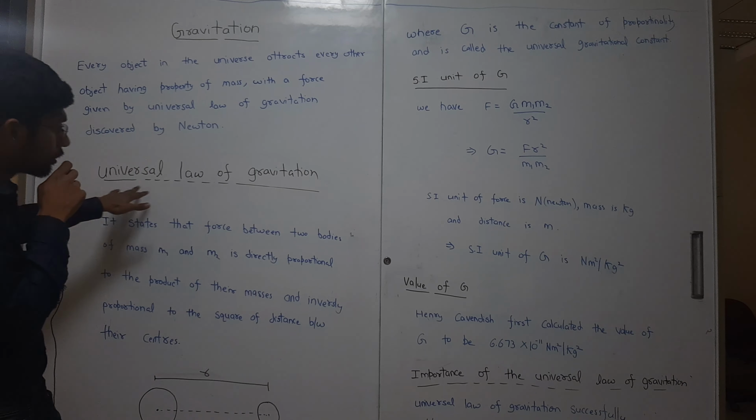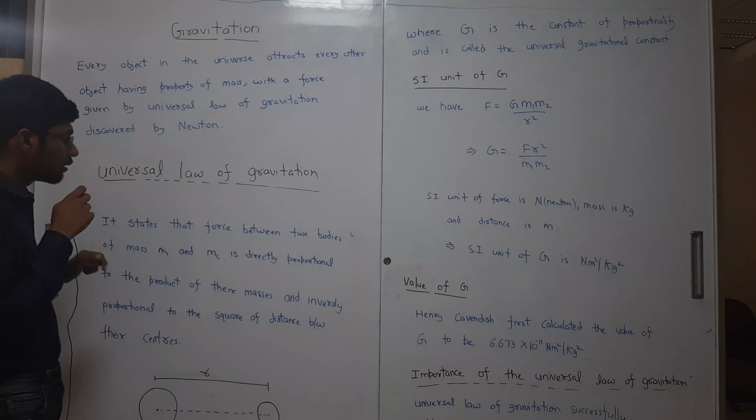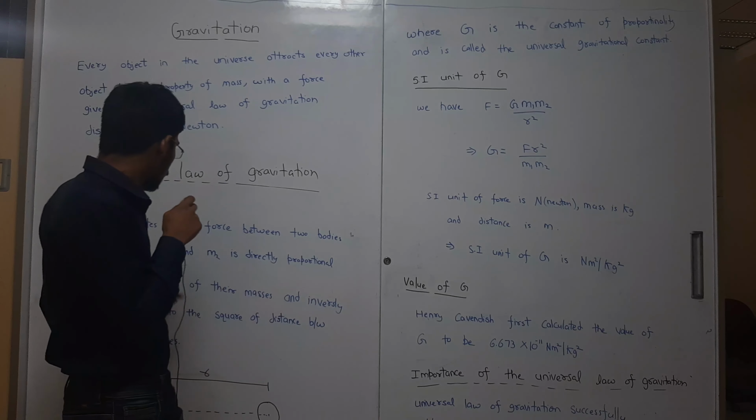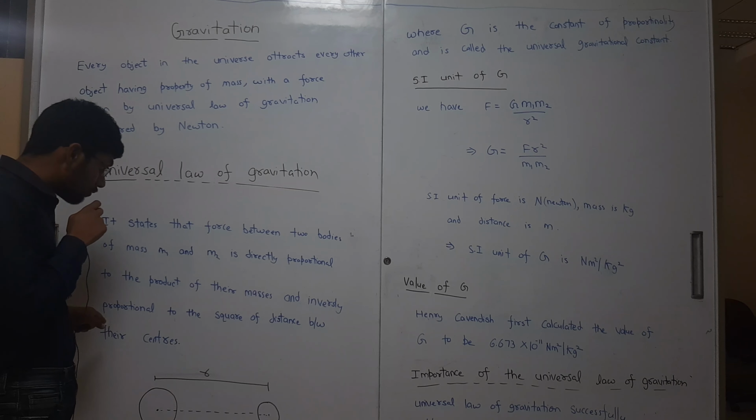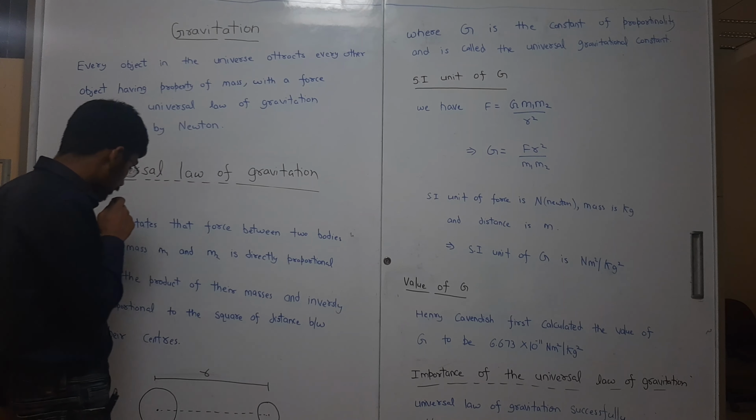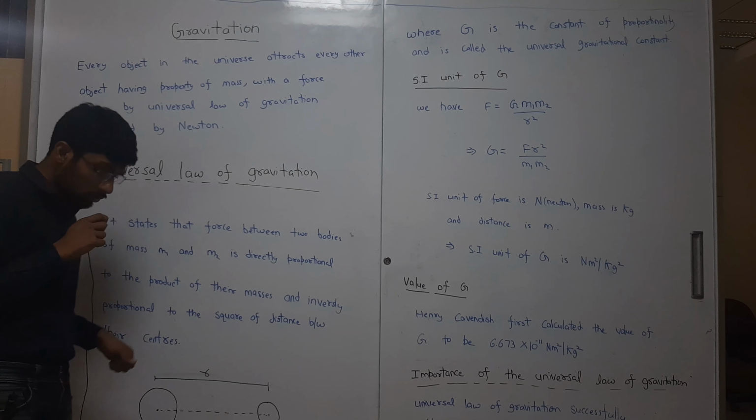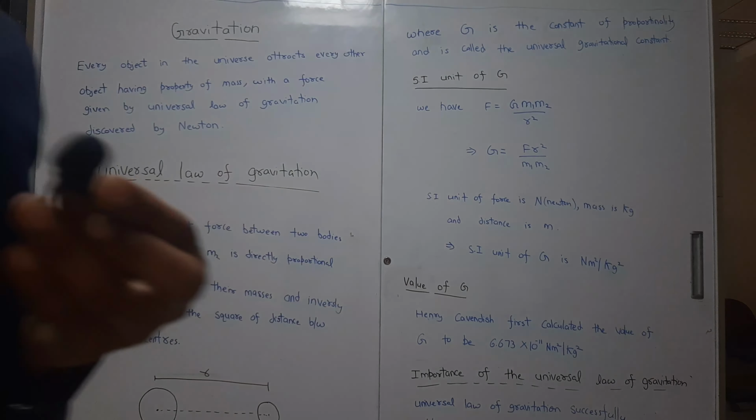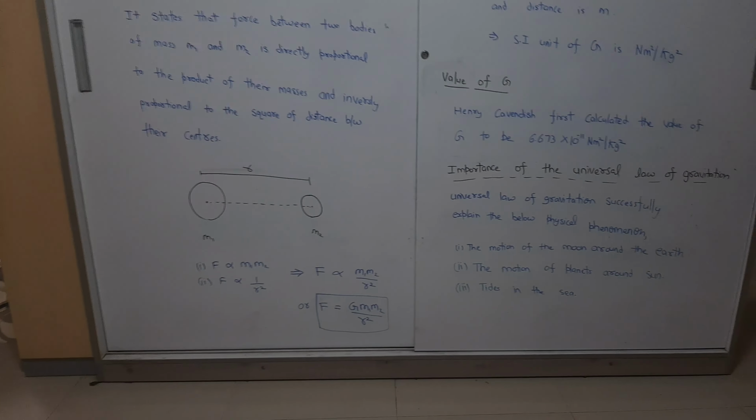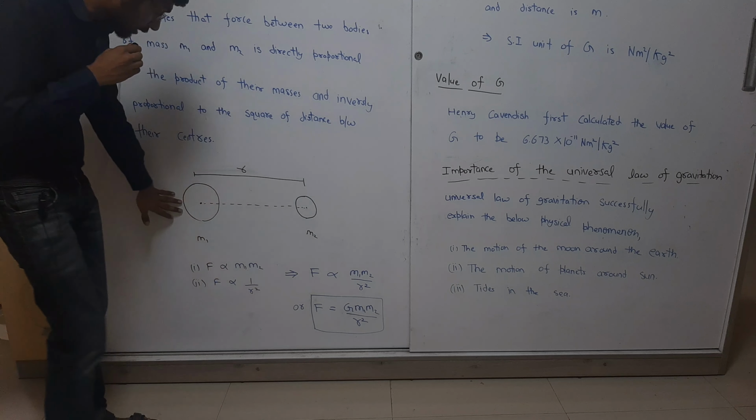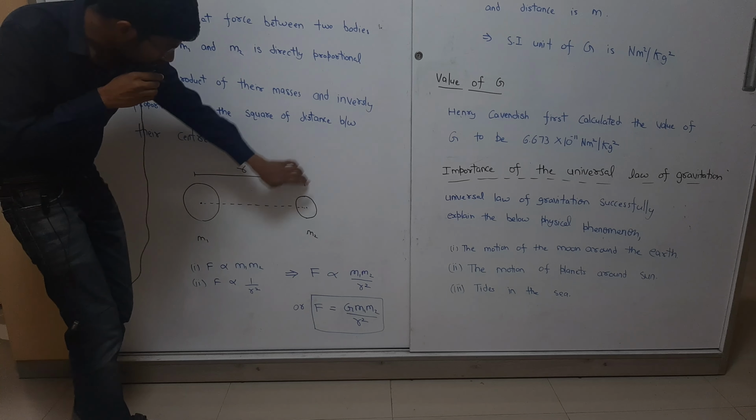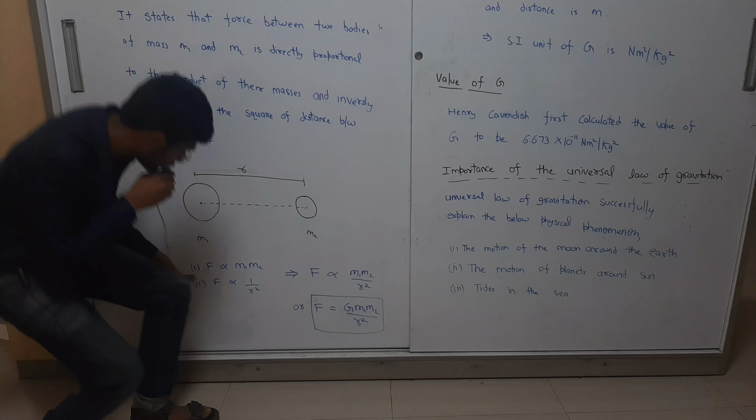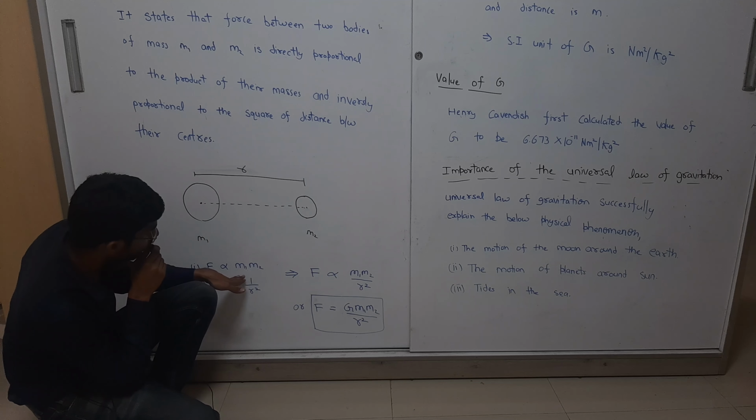The law is the universal law of gravitation, and it states that the force between two bodies of mass m1 and m2 is directly proportional to the product of their masses and inversely proportional to the square of the distance between their centers. So consider two objects I've shown below. This is of mass m1 and this is of mass m2, and the distance between their centers is this r. So the force is directly proportional to the product of their masses and inversely proportional to the square of the distance